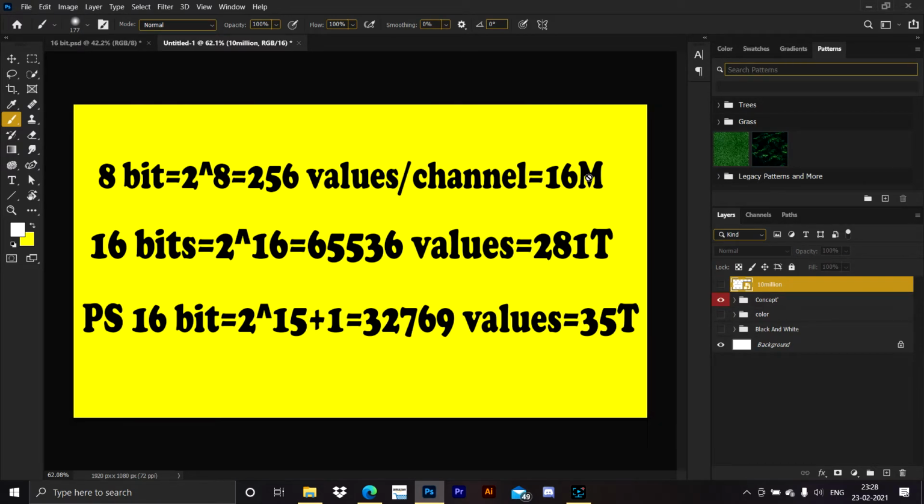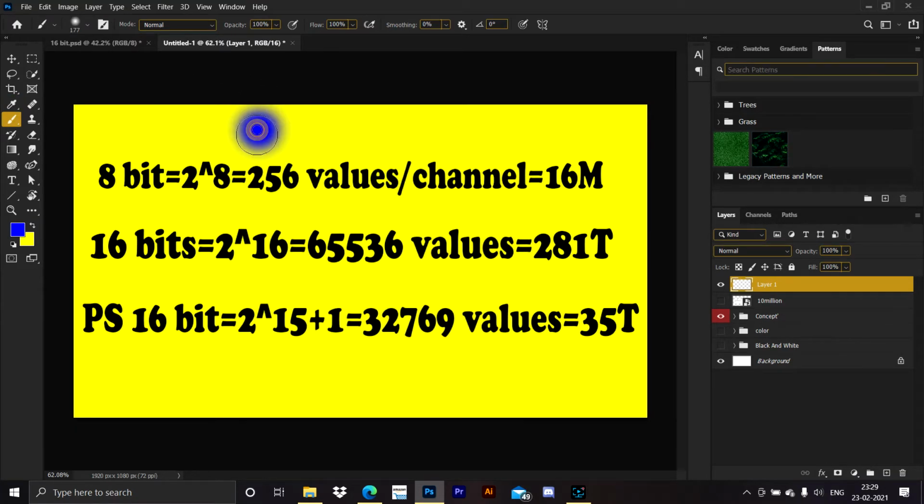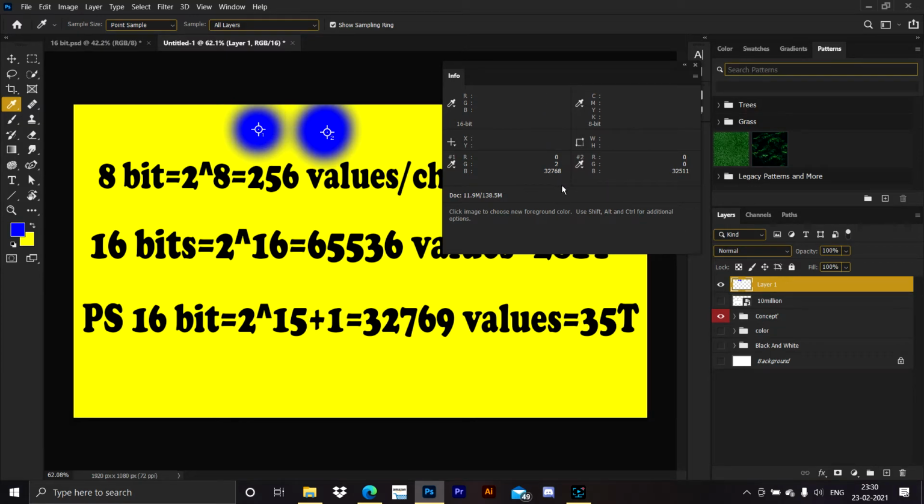Even all the colors of Photoshop's 8-bit are not visible to us. It has 6 million more colors than our human eye can see. If you paint with a blue that is 0,0,255 and if you paint here with a value of 0,0,253, and you check it with the eyedropper tool, you will see that one blue is at 32768 and the other blue is at 32511. Photoshop will not allow us to select in between those values. Means you cannot select the values between the blue 254 and the blue 255.